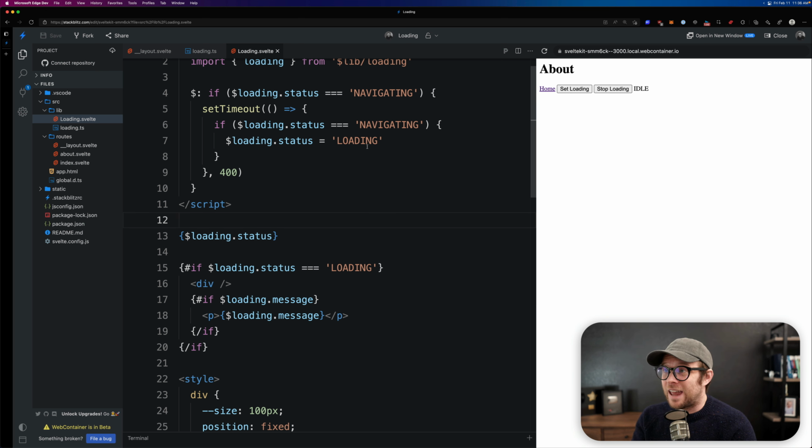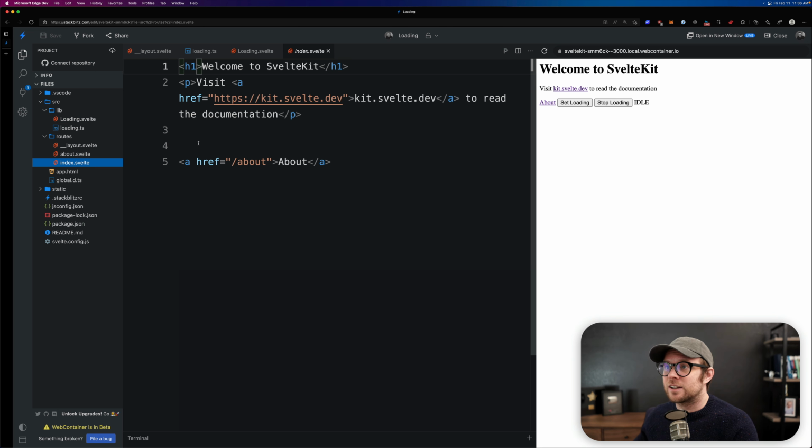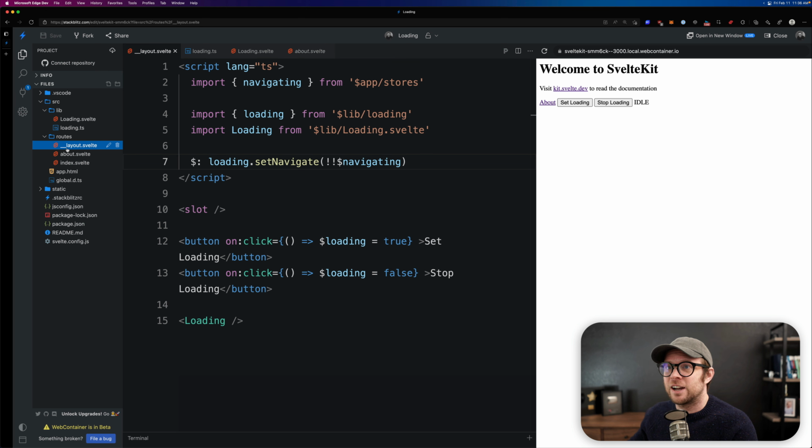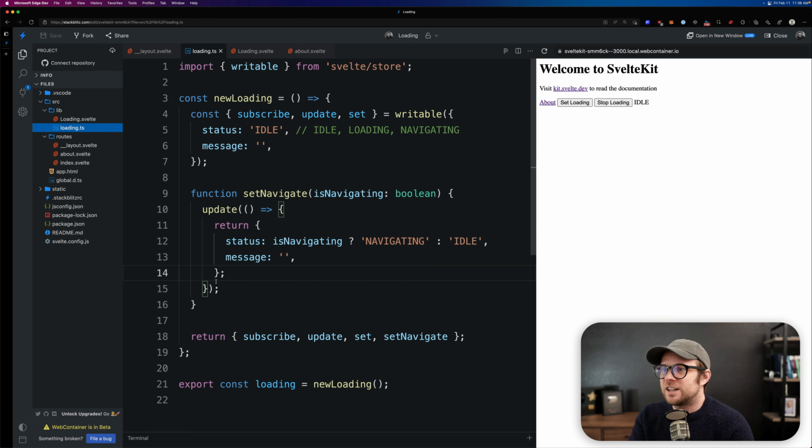But let's go ahead and have a loading message for these start and stop loading buttons, which you can see no longer work. So the start and stop loading buttons, we can fix those and add a loading message. Let's head to our index page or our layout. That's where they are, our layout. So what we were doing before was saying loading is equal to true, loading is equal to false, that kind of thing. You know what? You could do this a number of ways. If you wanted to keep this in the custom store realm, we could make this another function here,